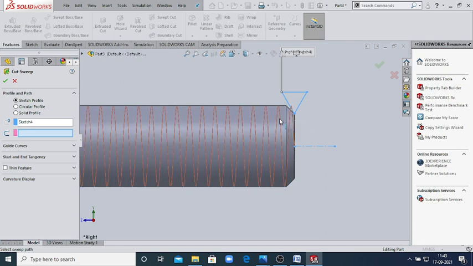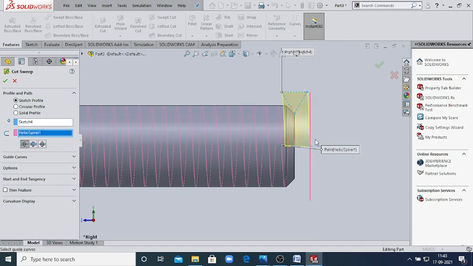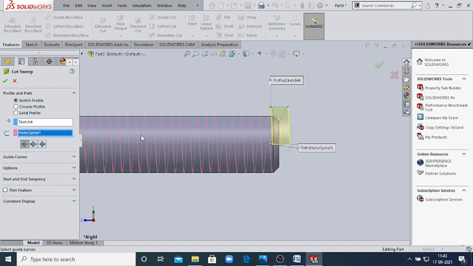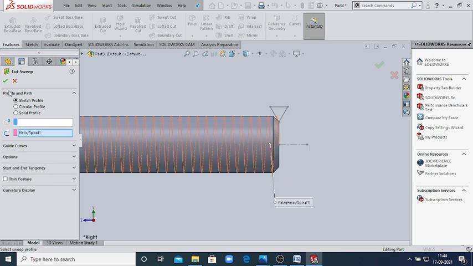Now select this path, and this triangle follows this path in the opposite direction. Just wait, it will take some time to make the thread.